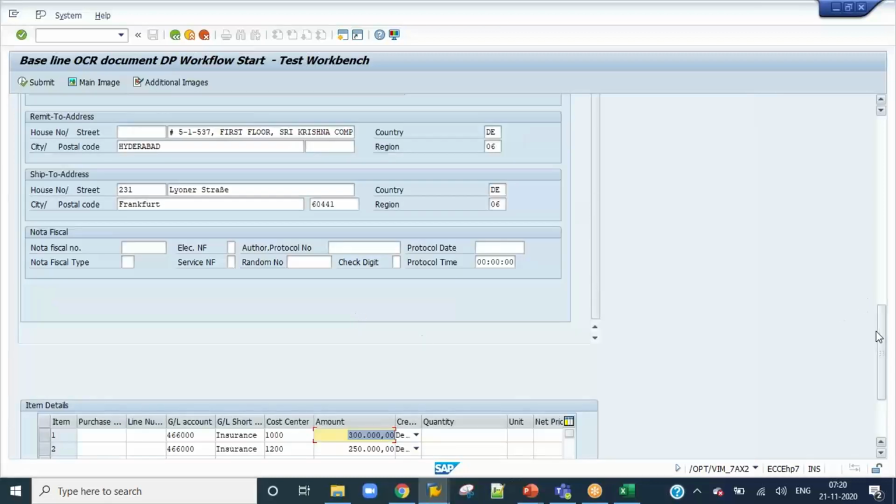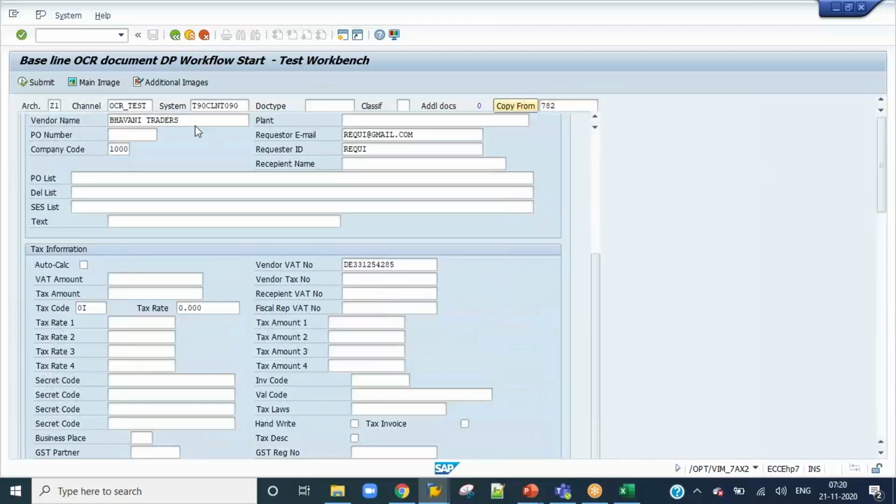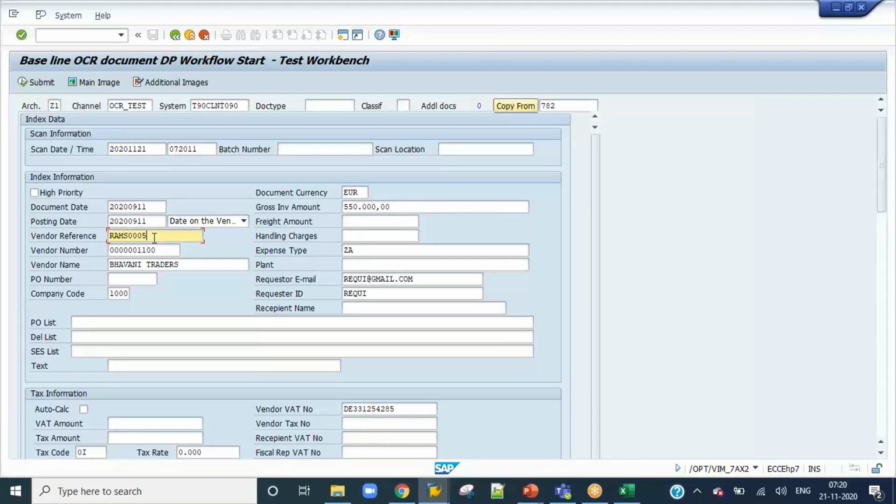So for 1,000 cost center, I gave larger amounts. I'll remove all these things. So let the coder enter this cost center details. From the AFS perspective, we no need to do anything. So just click on change the reference number